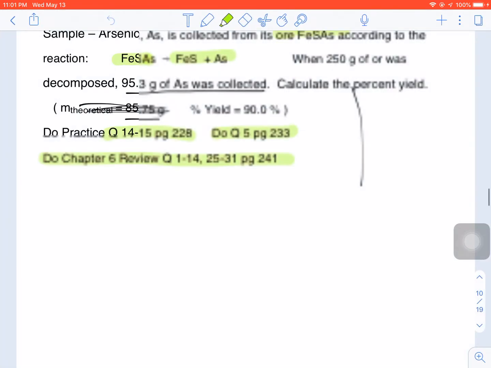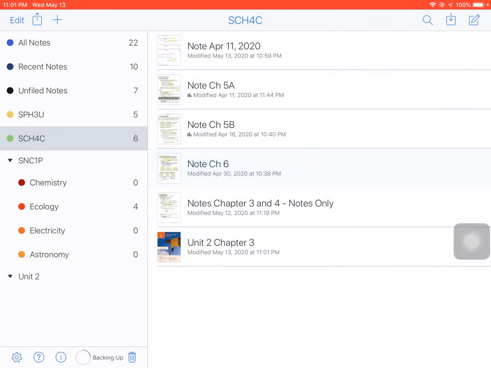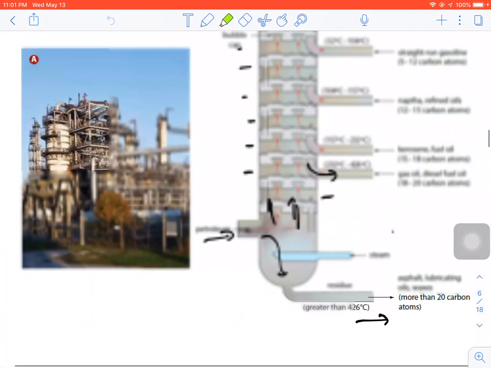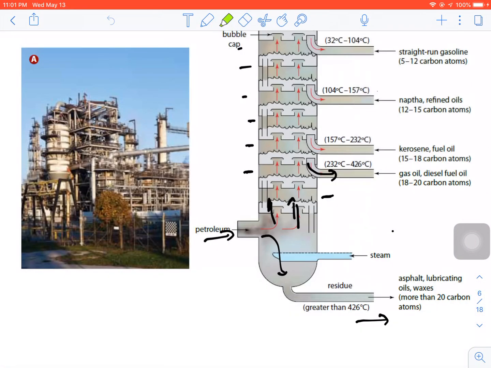If I go back to my note, that's not the note I want. If I go back to my note from yesterday,